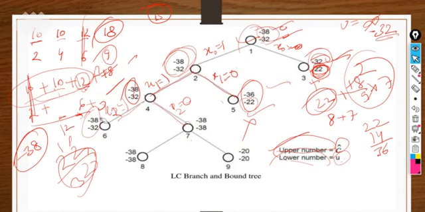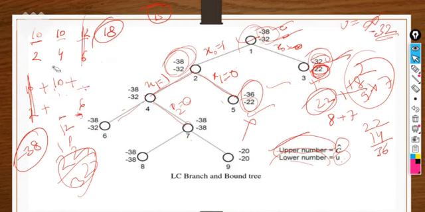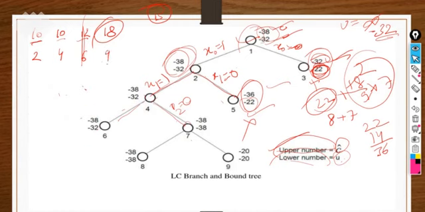I'm just erasing this part here to give you clarity. I'm mentioning it here as 9. So what will be there? 10 plus 10, it's 20. And what about this? 2 plus 4, 6 is the weight. So how much space is left over here? 9. So it will be 15 now.